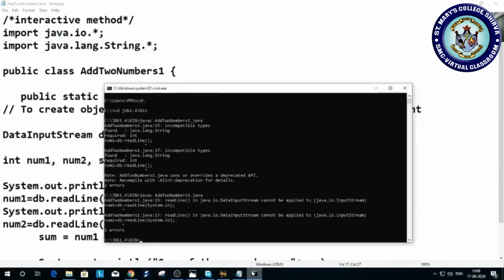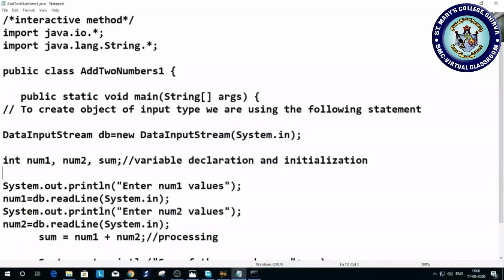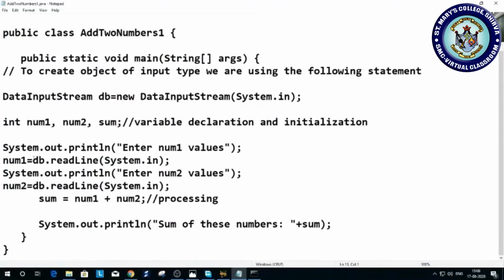Here once again it consists of some errors. db dot readLine of. So here what we have to do is, whatever value we are reading from the keyboard is a string.